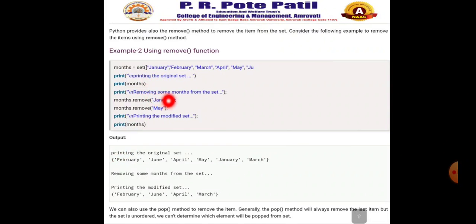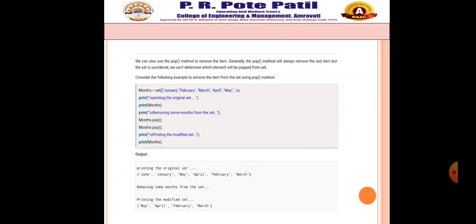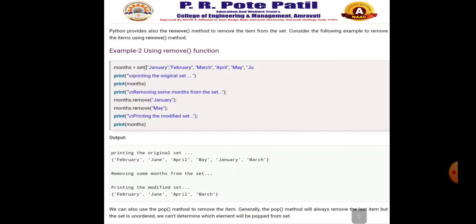Removing some months from the set. So here remove January, remove May. But if you want to remove something which is not present inside the set, in that case it will give the error. After modifying the set, it will print February, June, April and March.